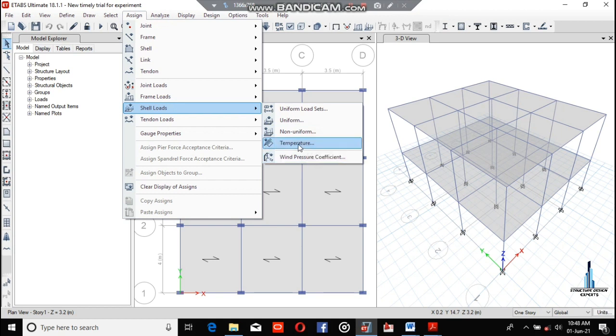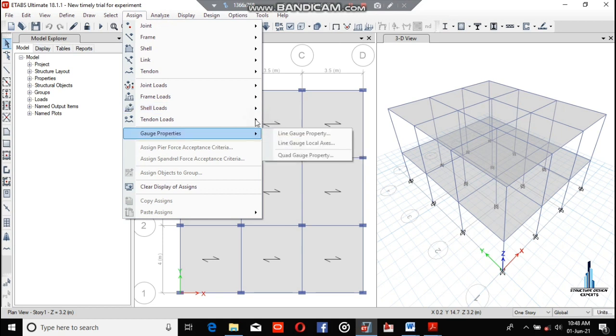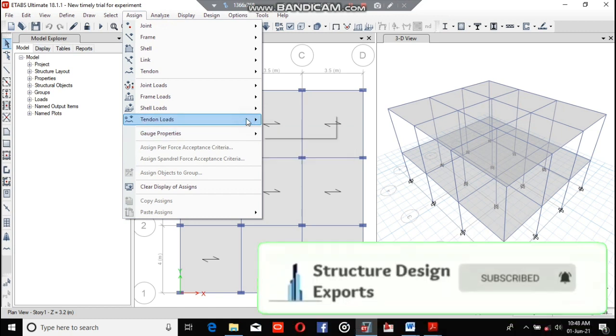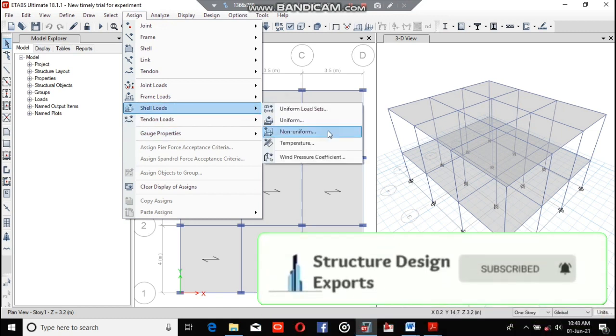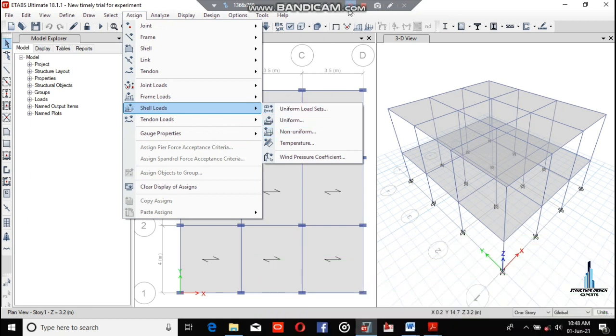The temperature and wind pressure for shell objects are not the same. For shell objects, seismic load is also a shell load, and we use shell objects for wind pressures and wind load. So that was the description and statement for the load differences. I hope that you will understand it. Thank